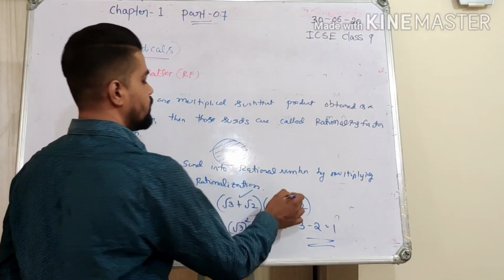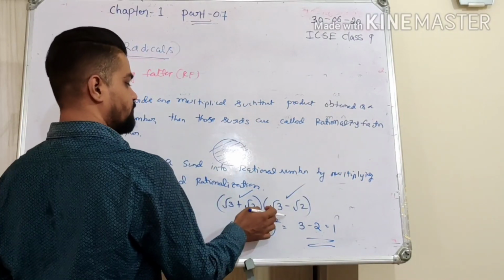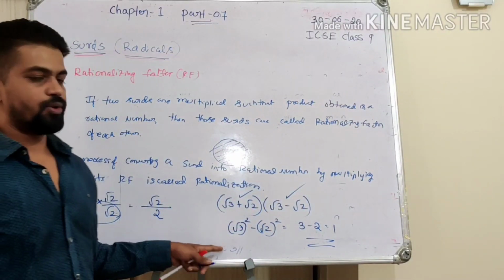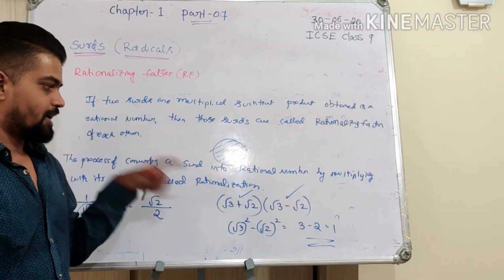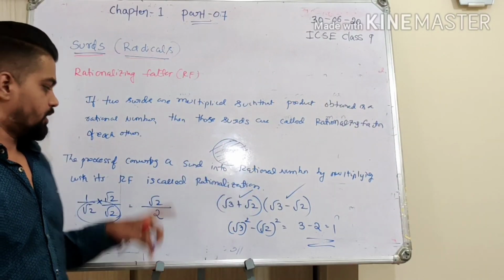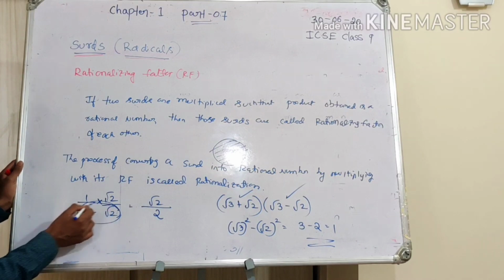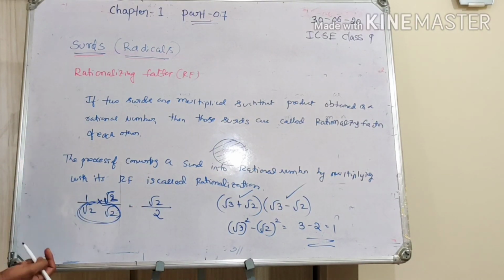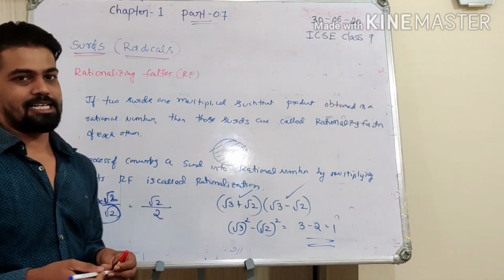Root 3 plus root 2, root 3 minus root 2. And the rationalization factor of root 3 minus root 2 will be root 3 plus root 2. Okay, so this we will do only if it is required. We cannot randomly multiply and make it rational. The operation should be logically correct. Here I did not multiply only for the denominator, I also multiplied the numerator. So the value did not change, but still the denominator turns out to be a rational number at the end.